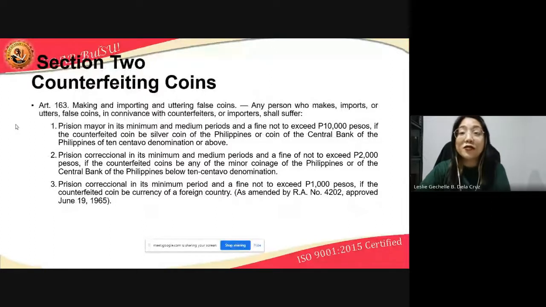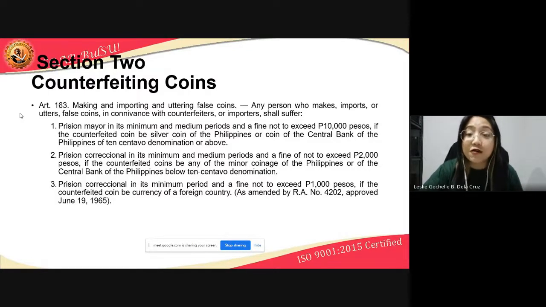In Section 2, counterfeiting coins. Article 163, making and importing and uttering false coins. Any person who makes, imports, or utters false coins in connivance with counterfeiters or importers shall suffer prision mayor in its maximum and medium periods and a fine not to exceed 10,000 pesos if the counterfeited coin be silver coin of the Philippines or coin of the Central Bank of the Philippines, yung BSP natin, of 10 centavo denomination or above. Prision correccional in its minimum and medium periods and a fine of not to exceed 2,000 pesos if the